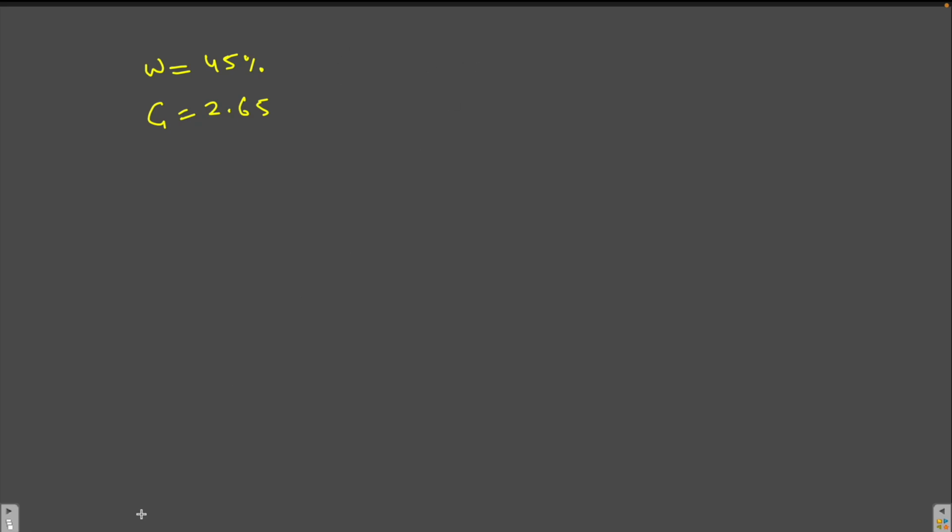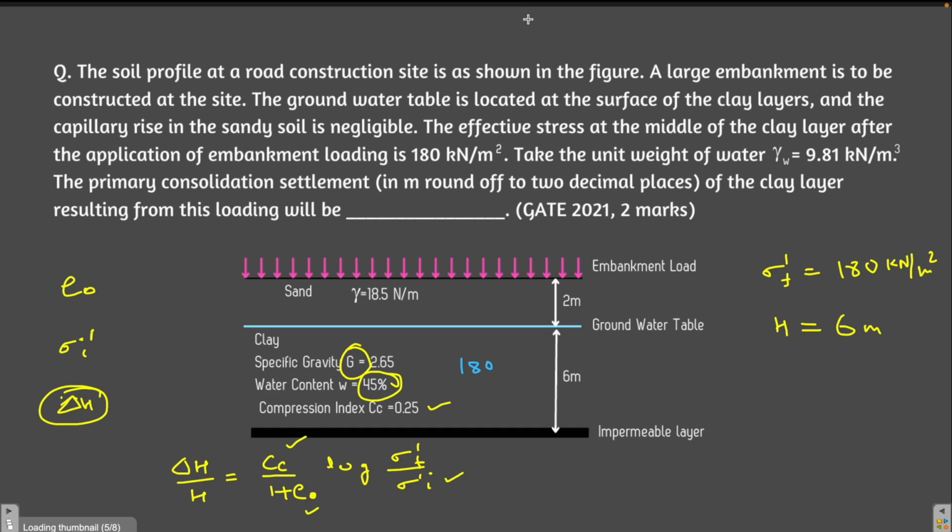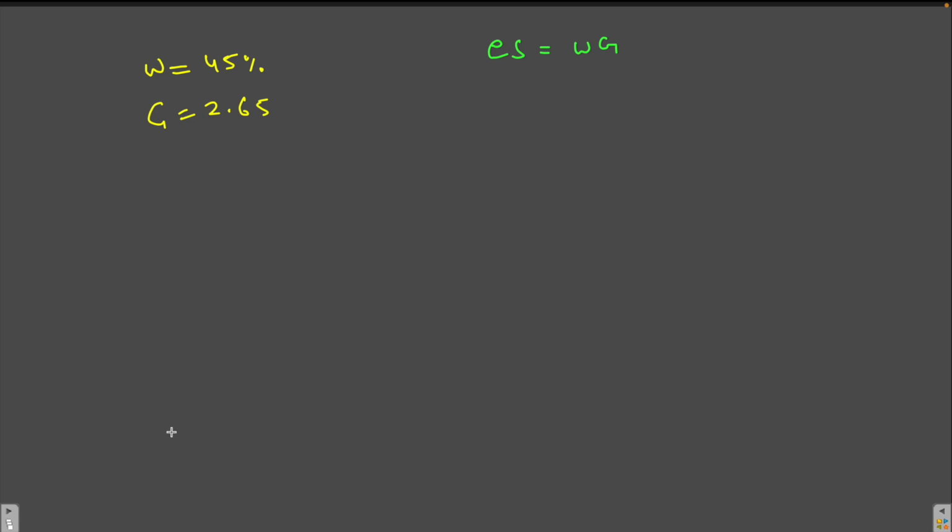Okay, so we'll be using our very basic equation like eS is equals to wG. But there is one more confusion. S, the degree of saturation, is not given to you. How we will find out e? So look here in the question. The soil is below the groundwater table. Whenever the soil is below the groundwater table, what is the degree of saturation? The degree of saturation is 1. So S, do we know the S? Yes, S is 1.